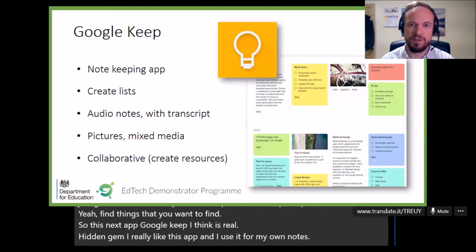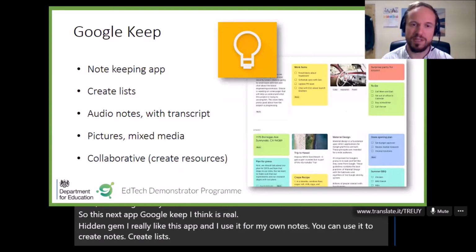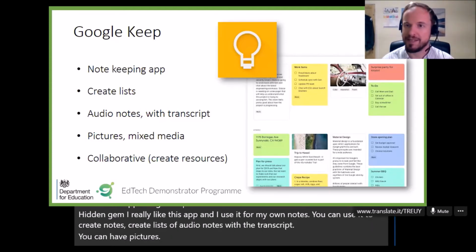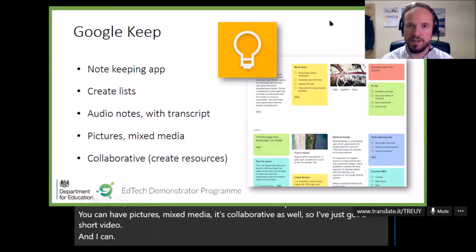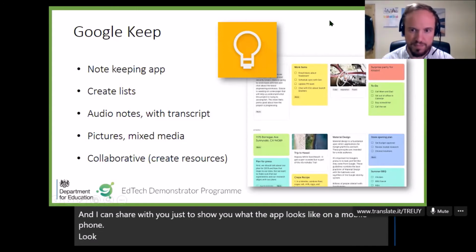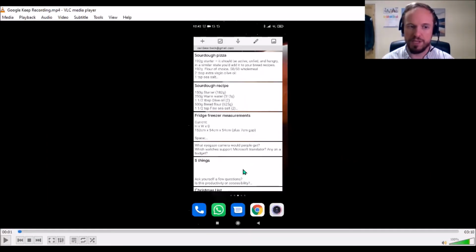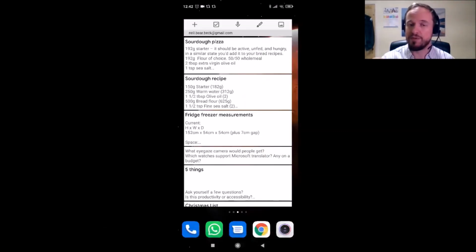You can use it to create notes, create lists, have audio notes with the transcript. You can have pictures, mixed media, and it's collaborative as well. So I've just got a short video that I can share with you just to show you what the app looks like on a mobile phone. It'll look a little bit different on the computer, but your resources are accessible once you've got your account on